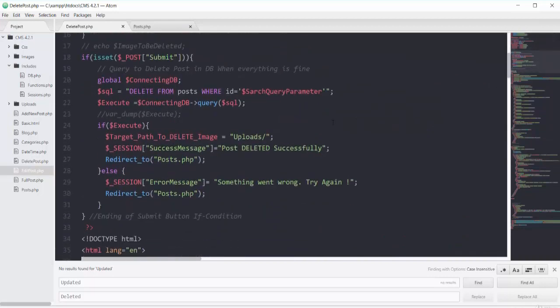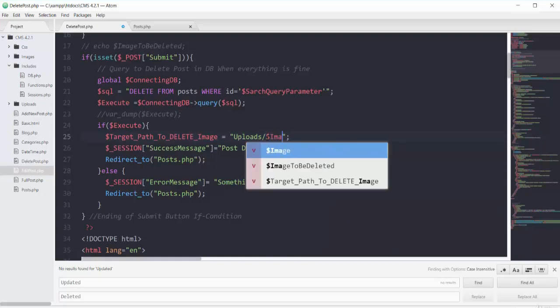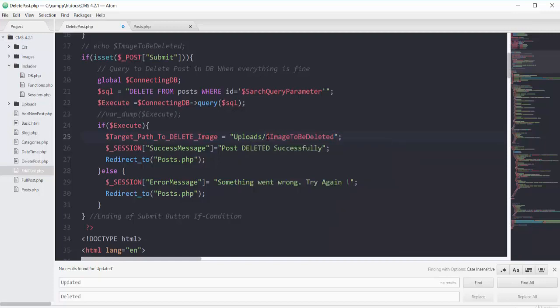So right on line 25, I will say go to this uploads folder and then go for this image which has the name of image to be deleted. In the earlier version of PHP, you can only mention this variable name inside double quotes if you add the curly braces.